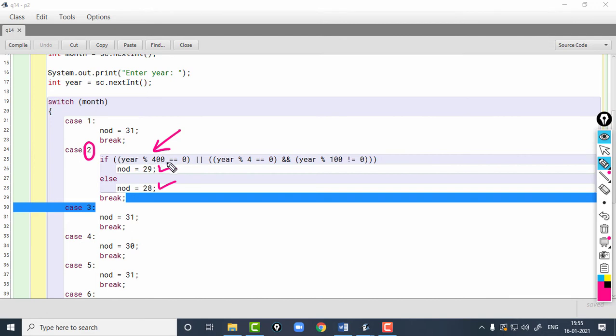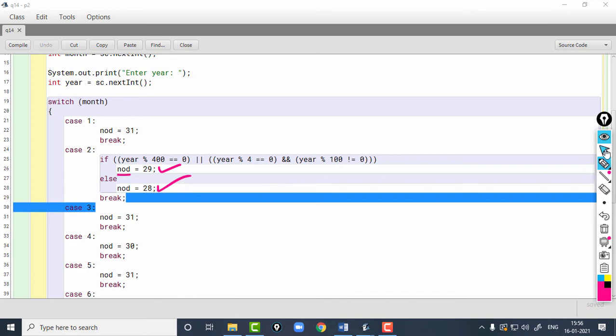Okay. If the year is divisible by 400, then it is a leap year, or if it is divisible by 4 but not divisible by 100, okay, then also it is a leap year. So, if it is a leap year, I will be assigning 29 to NOD, that is number of days, okay, else the number of days value would be 28.